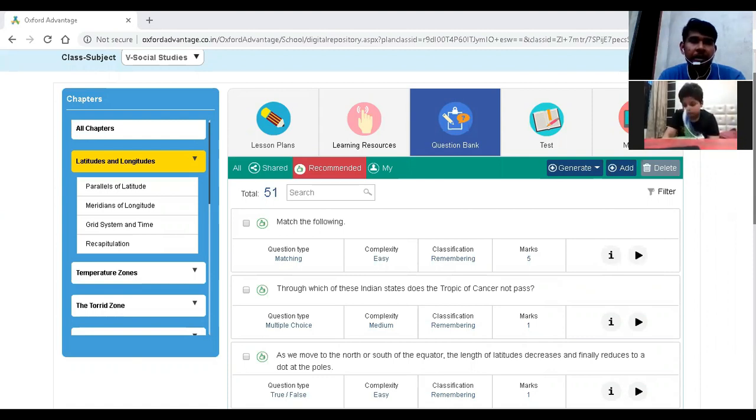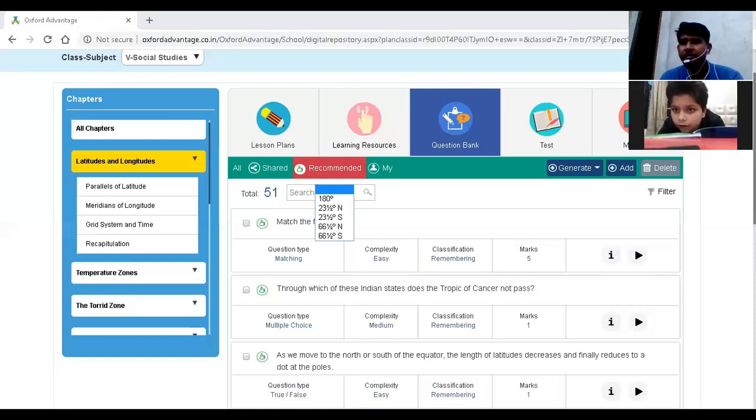All right. Now match the following. Tropic of Cancer. Just now we read Tropic of Cancer. Could you please tell me which one it would be? Sir, 23 and a half degree in northern hemisphere.